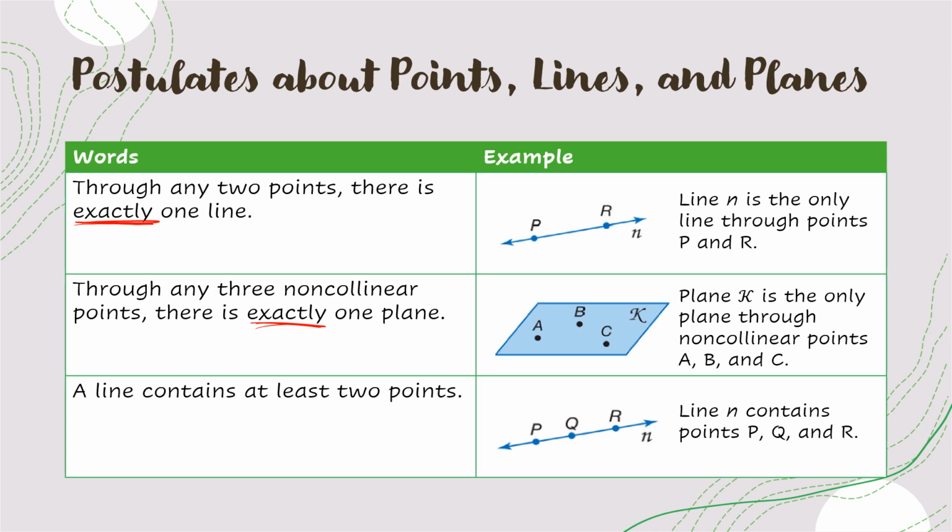So our example on the right is showing some line L, and we're stating that it contains points P, Q, and R. So we might use the first postulate and this one in slightly different ways. Like for that first one, we might use that postulate to talk about the particular line that goes through 2 specific points. But for this third one, we might already be talking about a line, perhaps we're given some line to work with,